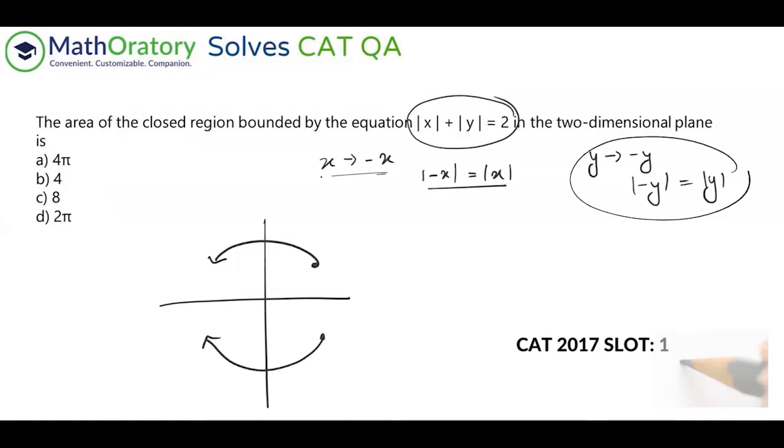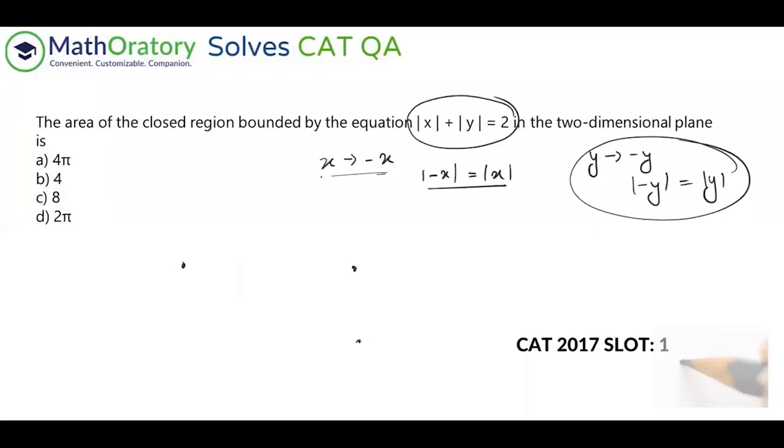And because this is also happening, when you substitute y with minus y, what is the meaning of substituting y with minus y? Whatever is in the second quadrant will be the same in the third quadrant, if the graph is not changing. So substituting y with minus y is just shifting from the second quadrant to the third quadrant, or from the first quadrant to the fourth quadrant, right? So in this case also there should not be any change. If you understand this idea, this is very simple, because just by observing the graph you will figure these two things out. You don't even have to write this down.